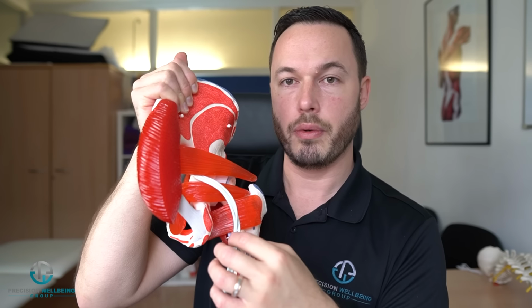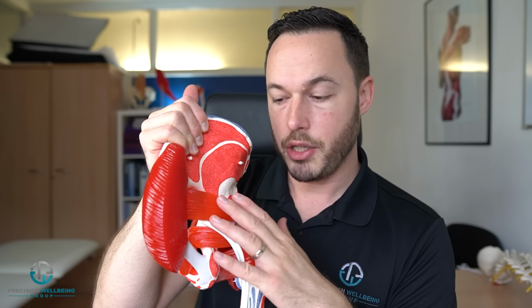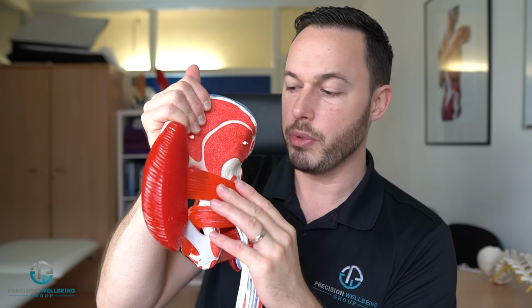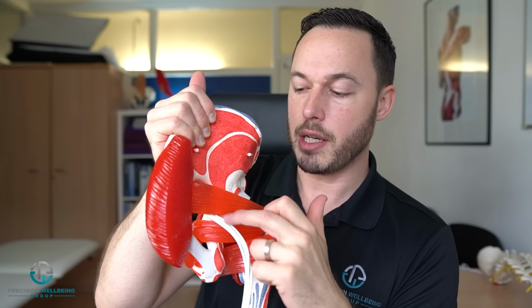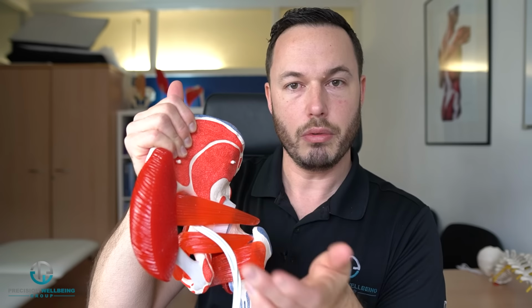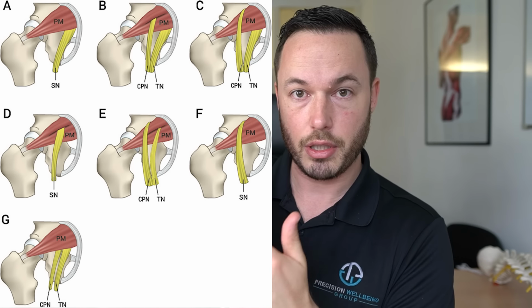of the sciatic nerve. Now, in some individuals, there is a genetic variation in how the sciatic nerve comes out in relation to the piriformis. In some people, the sciatic nerve might come out through the middle. In others, it might come out above and below, or above and through the middle, or below and through the middle. I'll put a picture up on the screen just here so you can see how the sciatic nerve can